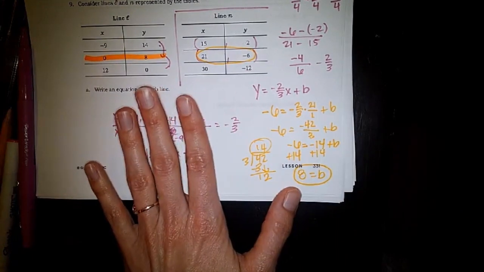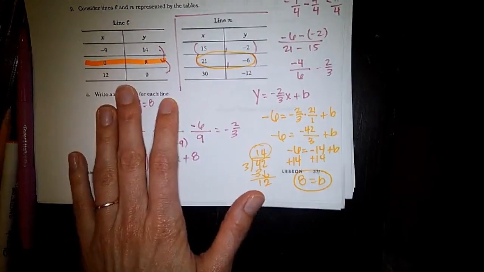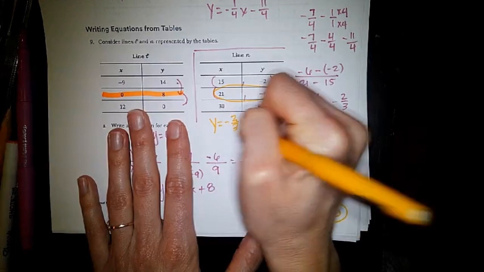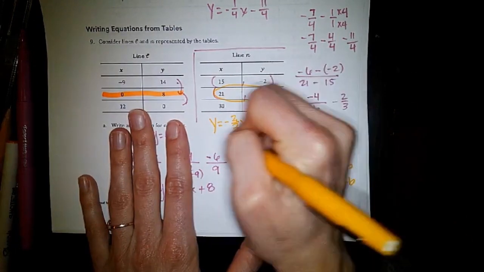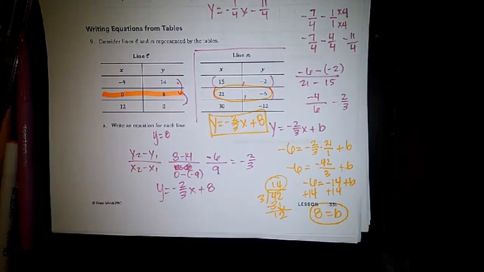How are we doing? 0 to 4. Okay, cool. Any questions? I know this is a lot of information, but parallel lines, let's recap really quickly. Parallel lines,